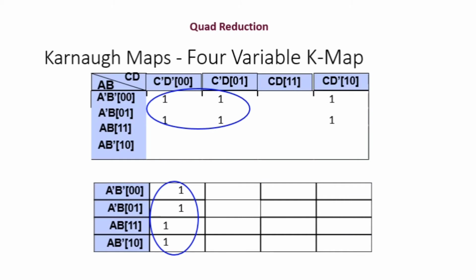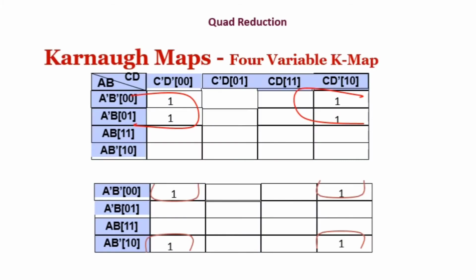Similarly for quads, these quads can be in the form of these 4, or in a single vertical column. If there were ones here, then there would have been this one as well. In addition to this, if I have ones at the extreme edges, either in the form of rows or columns, these can also make a quad. Similarly, if I had a 1 there and there and here, I could have made another quad here.